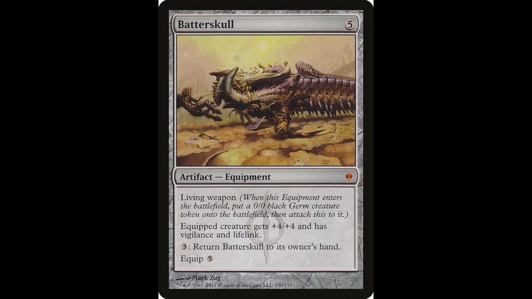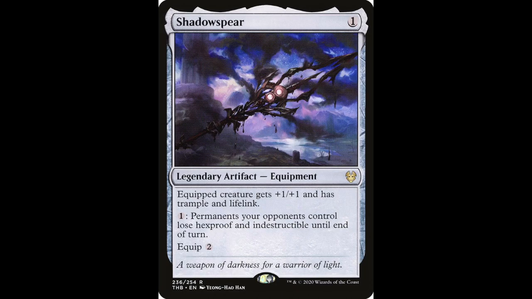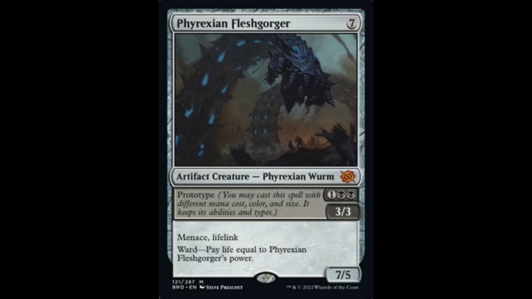Batter Skull is also a great option. If you can find one, Resurrection Orb is amazing. And less budgety, Shadow Spear, Wormcoil Engine, Phyrexian Flesh Gorger, and an honorable mention,